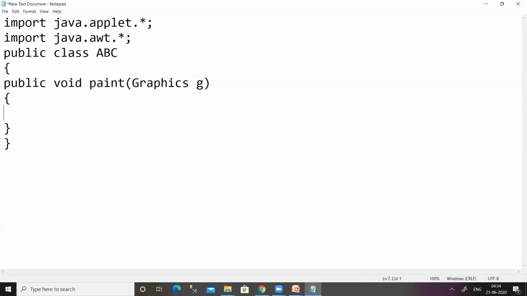So our first parameter will be printed on the applet, and the second and third parameters define the position where the string is to be printed, right? So we have a method called drawString, which is going to take three parameters.